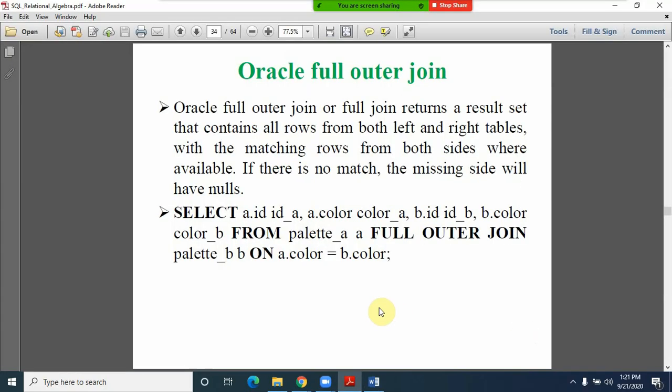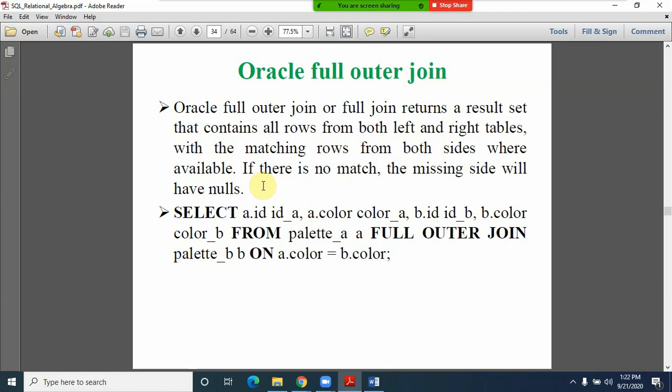Certain situations demand getting information from both tables, matched and non-matched, from both the left table and the right table. The Oracle full outer join returns a result set that contains all rows from both left and right tables, with the matching rows from both sides where available. If there is no match, the missing side will have null values.